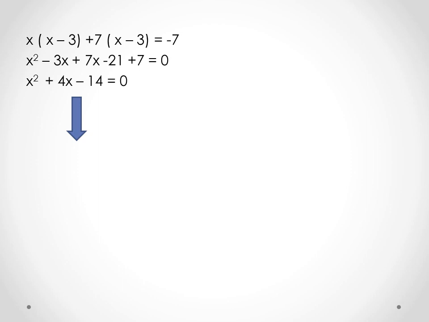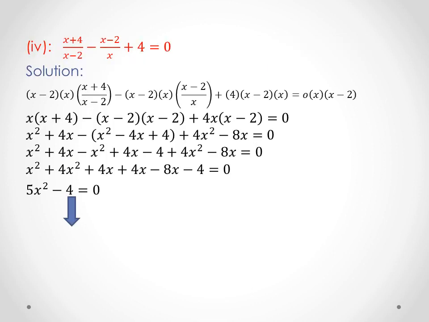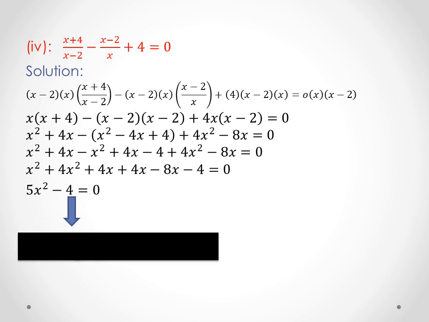Now, this is the general form of the quadratic equation because we cannot solve it any further. Now tell me how to find out whether it is a pure quadratic equation or not. Whenever the coefficient b equals 0, we say that it is a pure quadratic equation. So here b is not equal to 0, we have the value of 4 here, so it is the general quadratic form, not the pure quadratic form. The next two parts should be solved by yourself. After that, I am going to solve the fourth part, which is of fraction.